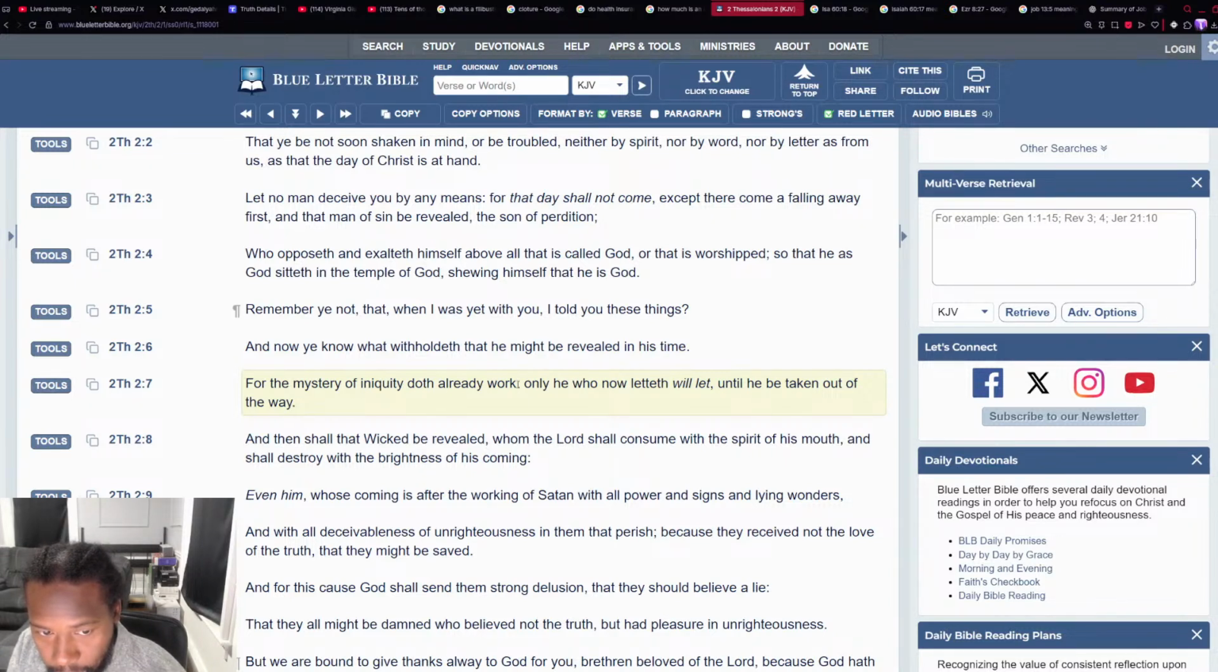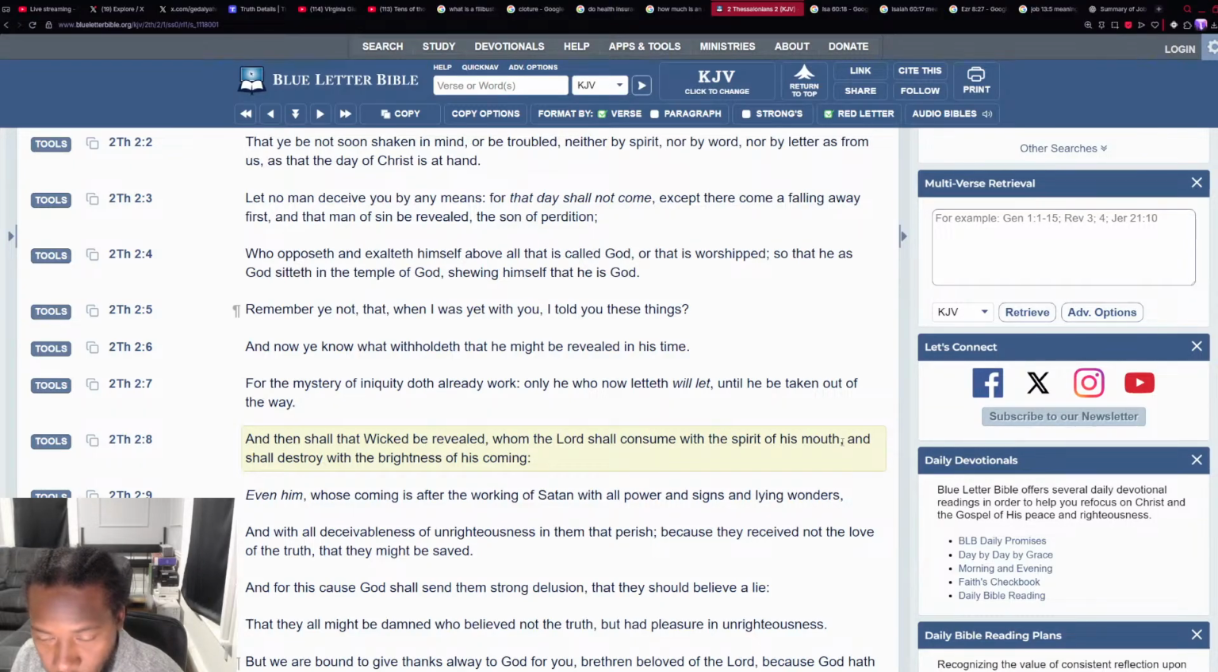Okay, and know ye, and it says, for the mystery of iniquity doth already work. Only he who now letteth will let until he be taken out of the way. And the Lord's letting him do what he's doing. And then shall that wicked be revealed. And he's being revealed as the Edomites, Esau, whom the Lord shall consume with the spirit of his mouth, and that's the prophecies, matching them up with the